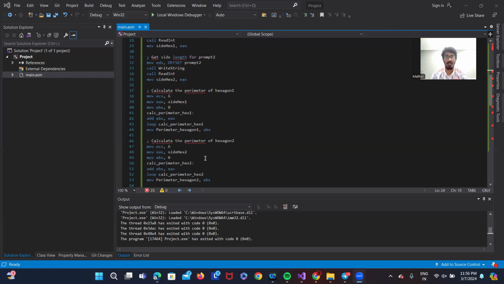So we move to the next one, where we calculate the perimeter of x2. This is the same as the previous one, where we changed it to hexagon2. The first one will be, as we all know, we move the 6 into ECX. This is the important thing to create the looping process. The next one will be we move the value of side_x2 into EAX, and then